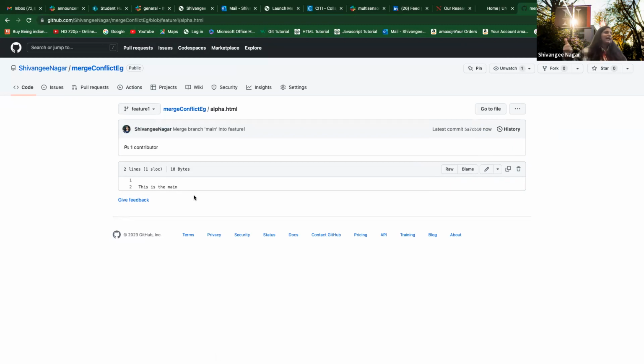Now the same thing, I use Git web editor. Some people, or I would say most people, use the IDE that they're working on. Mostly, like when I was working on my co-op, I was using VS Code. So I could see on VS Code, there are two pages that come up.